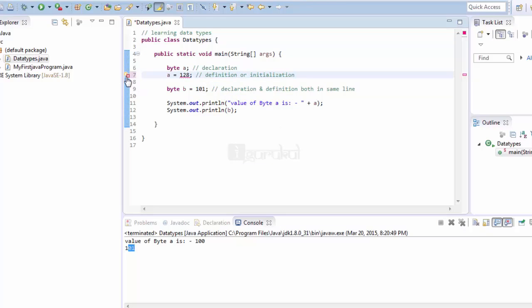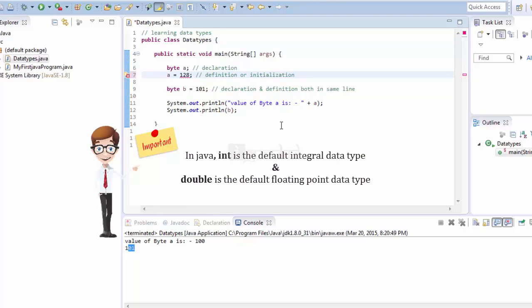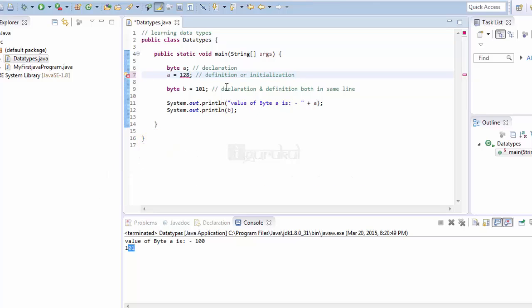But the question arises, why has it given me an error that it cannot convert from int to byte? Why has it not given me an error that it cannot convert from short to byte? Because by default Java considers int as the default data type for integral data types and double as the default for floating point data types. So that's why it will give an error that it cannot convert from int to byte.